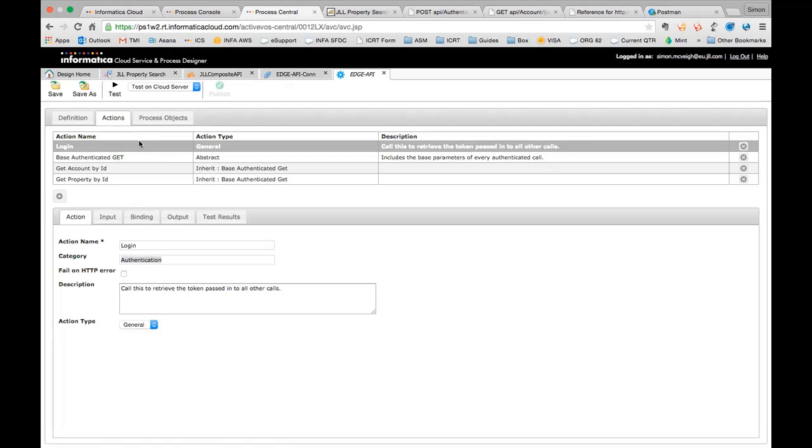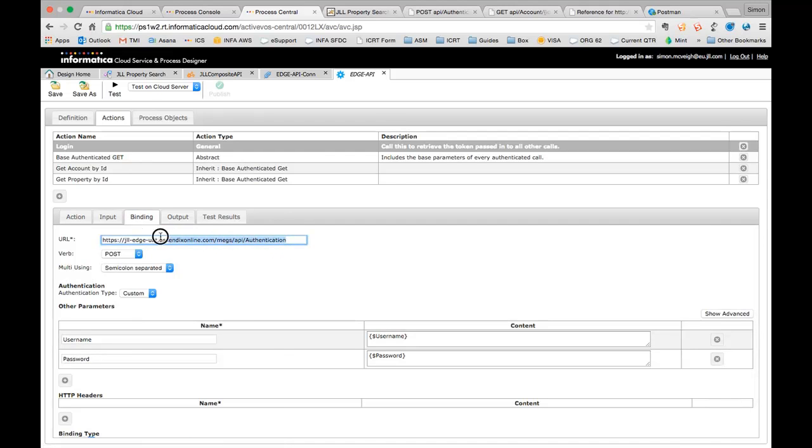And you want to do it that way rather than having lots of different service connectors, each to different variations of resources within Edge. It's much better to have one service connector that deals with all of the different types of interaction with the Edge API. So I've got my login, and if I look at the binding section, you see we paste in